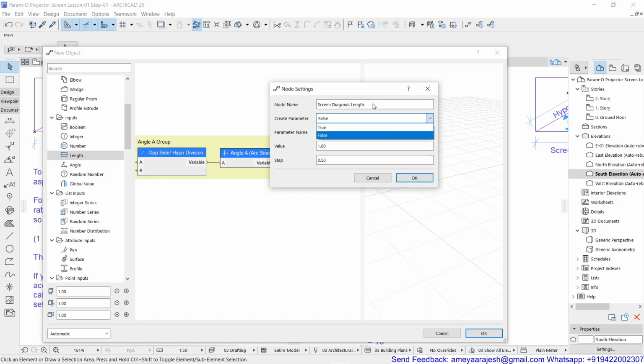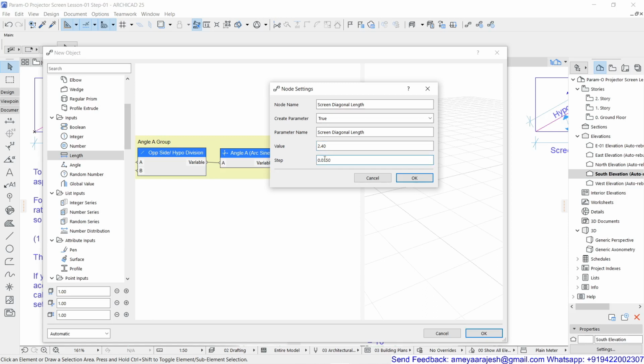Obviously you can copy this, make this a true parameter, so it will be visible to edit in your dialog box from the object tool. The value you decide, for example, I'll take 2.4 meter. Remember, it works in metric, so please type this as 2.4 meter.